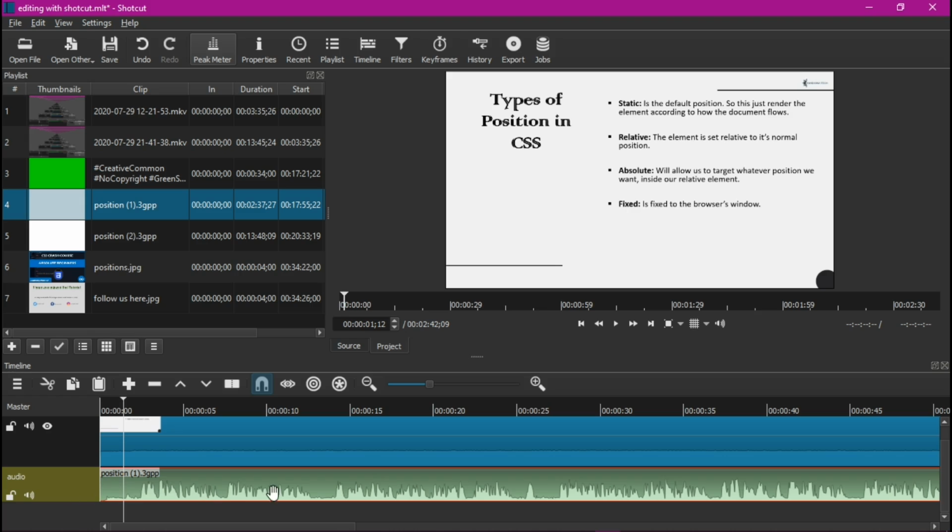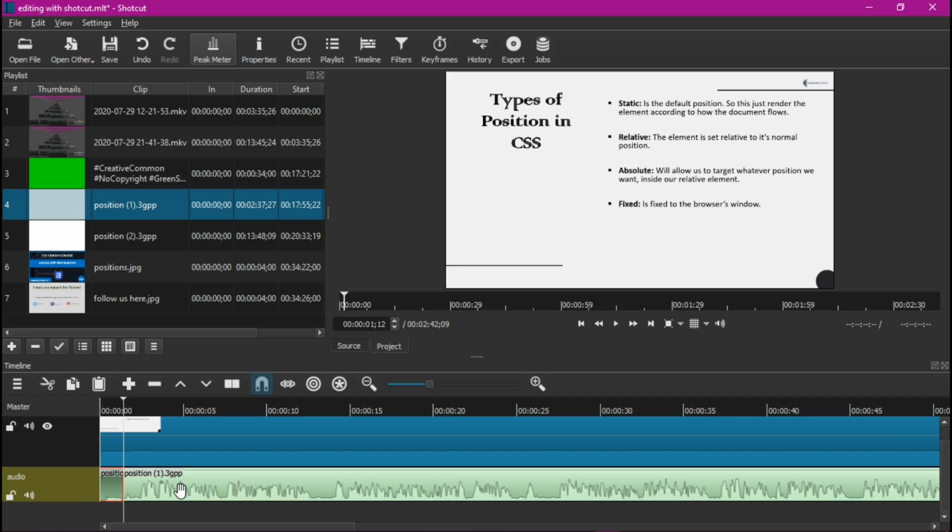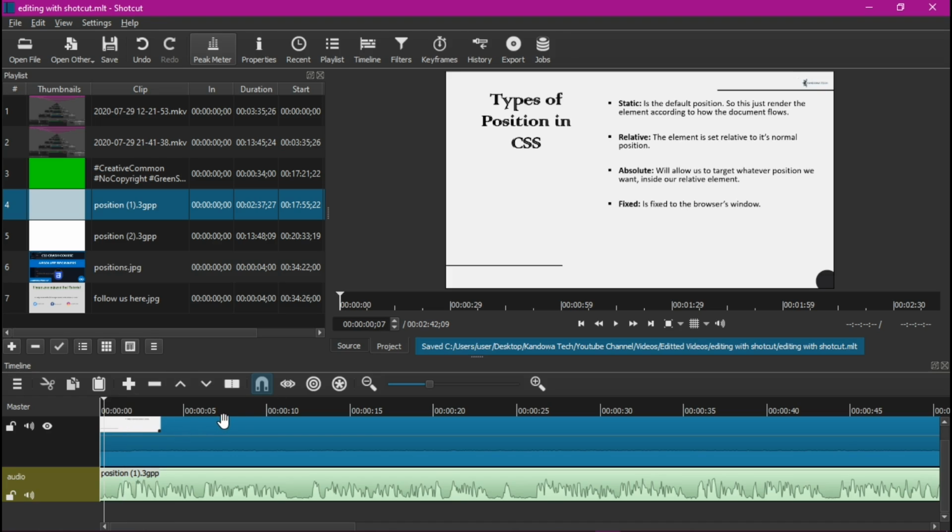Make sure you select the audio track that you want to cut, and then cut it, and then select what I want to get rid of and press X on your keyboard. Then make sure you save. To save, you just press Control S, or you can come up to save there and save. The reason I would like to save with Shotcut, let me just say with Shotcut, sometimes it might end up